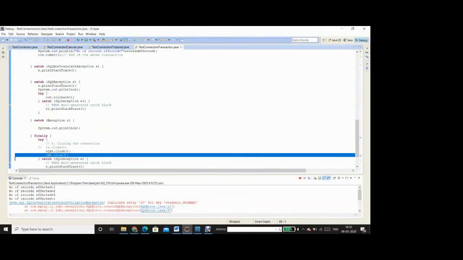The Java specification does not oblige them to do this. This is something they are going a step ahead and doing on their own, and most of them do. While they call con dot close, they also check if any transaction is still open, and if it is open and an exception has occurred, then they will just send the con dot rollback on their own. So most of the time you don't have to worry.